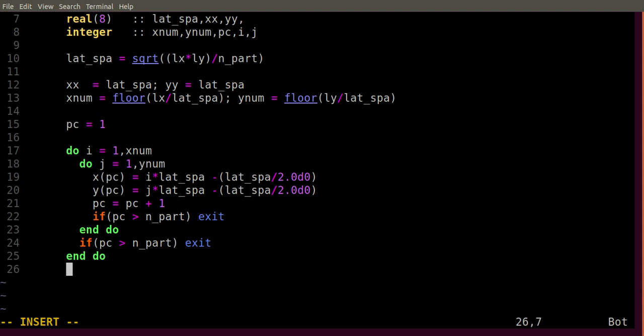Now I have already defined everything. So just to show you how the lattice structure will look, I am going from 1 to n part.